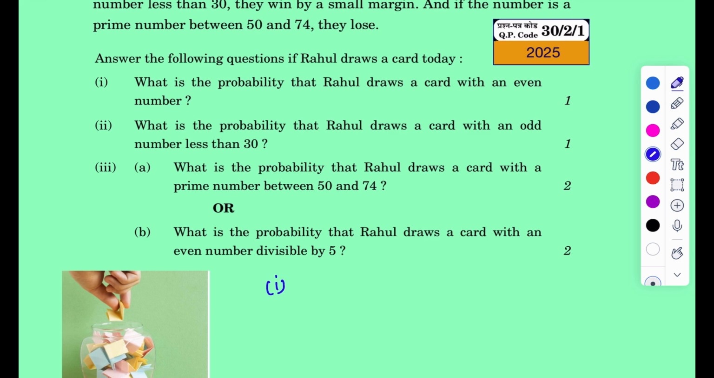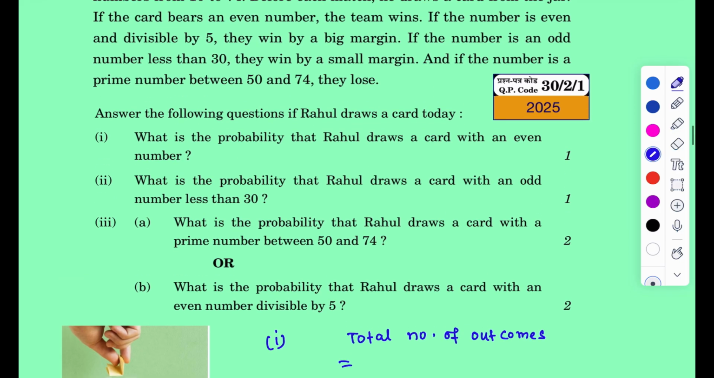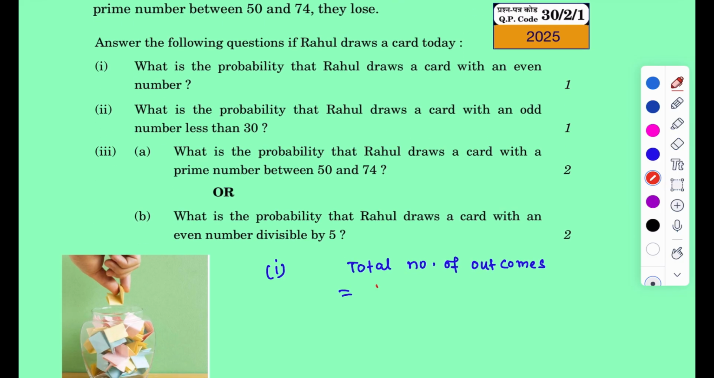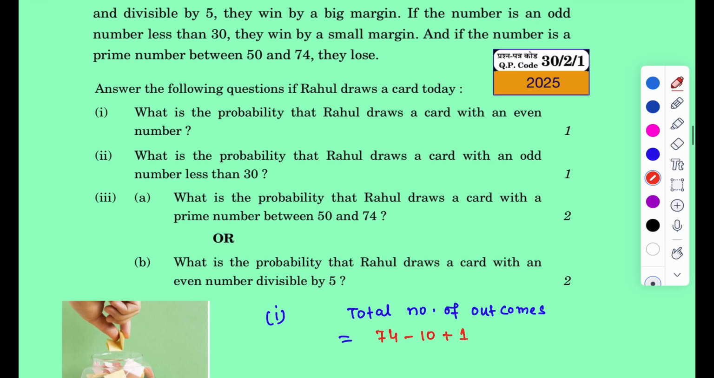for the first part. Total number of outcomes is equal to the numbers present inside the jar, and the numbers present inside the jar vary from 10 to 74. That means the total number of outcomes is equal to 74 minus 10 plus 1,